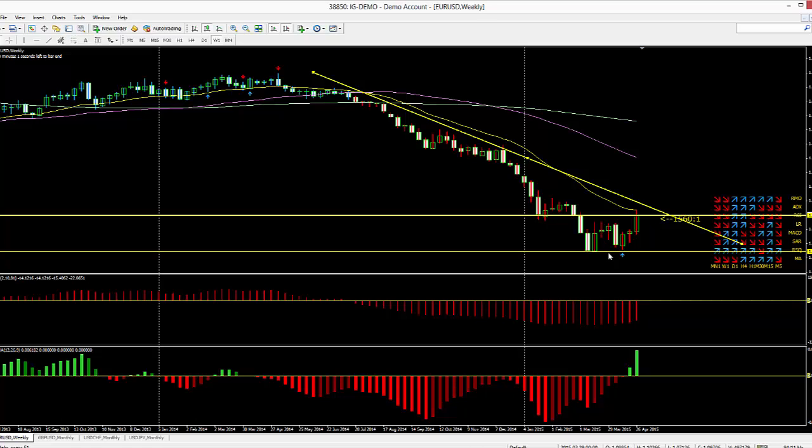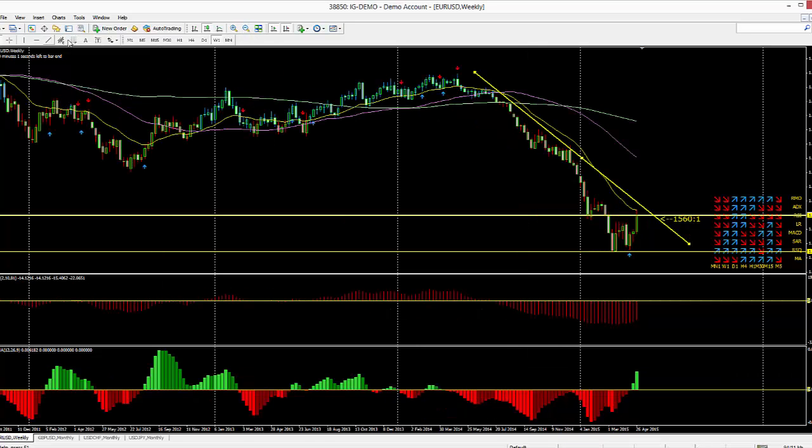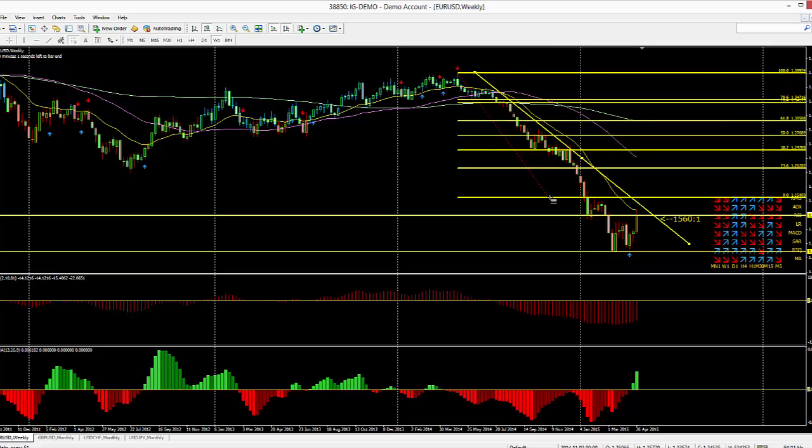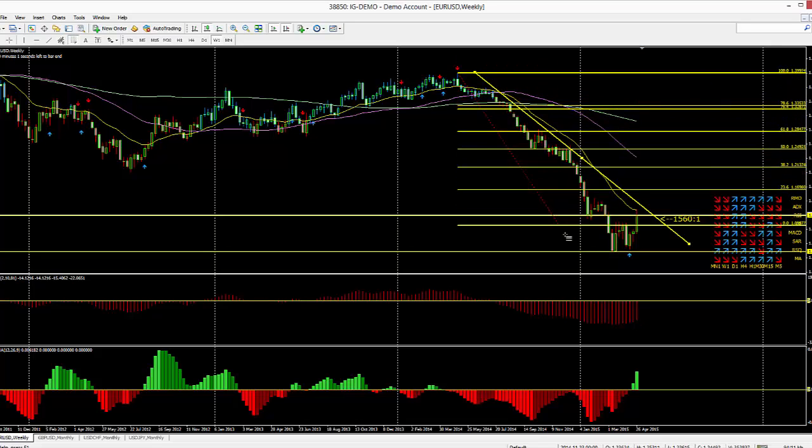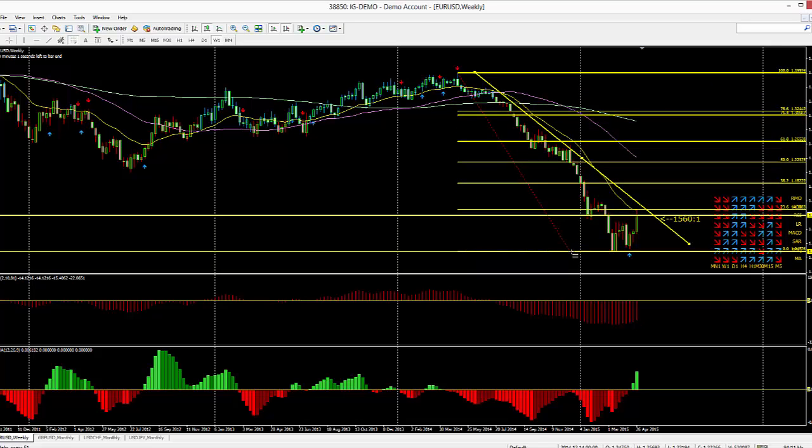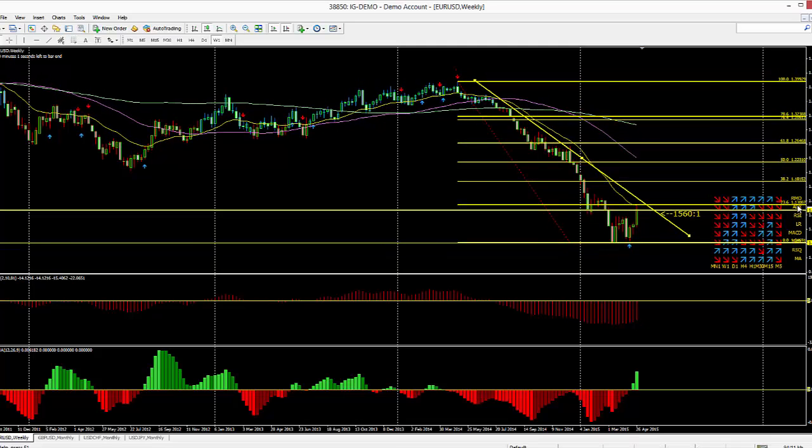How long will it continue? We are at a major support and resistance level right now, and if I was to draw some levels on here to indicate what we should be looking for going forward, we could take the current resistance level high that we saw way back in mid 2014 to the current low, and you can see that the level right now, price actually tested it this month, was the 23.6 fib retracement level, which is at 11300 and change. So we can take this level out, which is my horizontal line I drew myself, and you can see price is at a fib level of support and resistance.